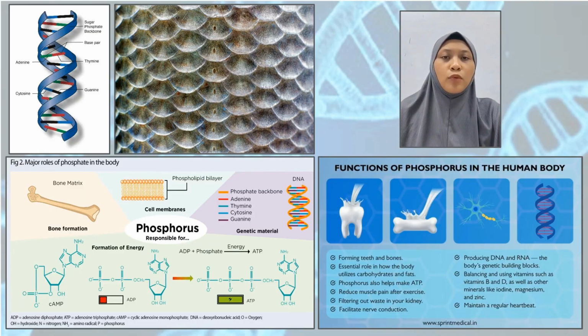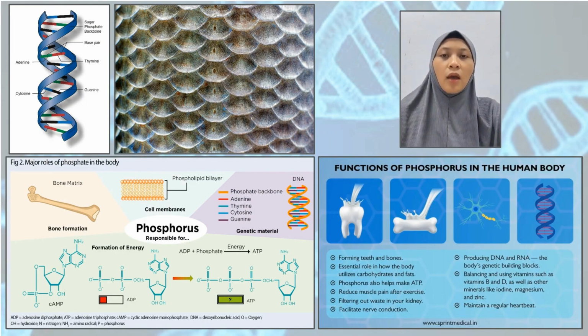Beyond its role in molecules, phosphorus is also important for structure. In humans, it helps form strong bones and teeth, providing support and strength to the body. In aquatic organisms, such as fish, phosphorus contributes to the formation of bones and scales, which are important for protecting